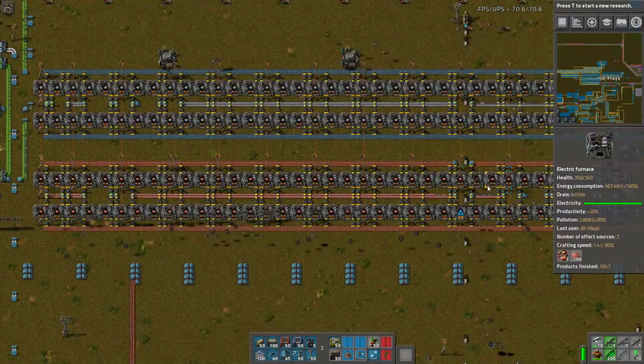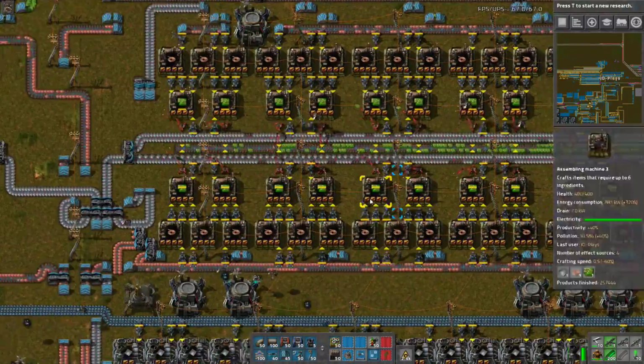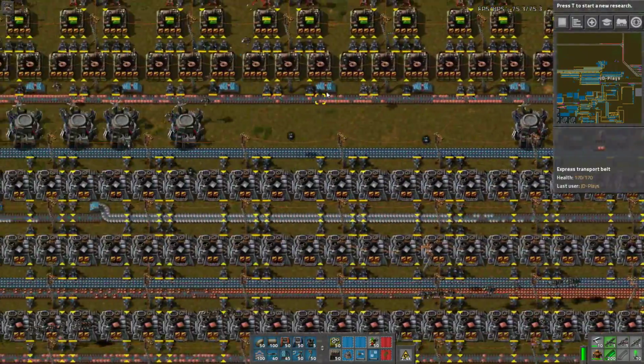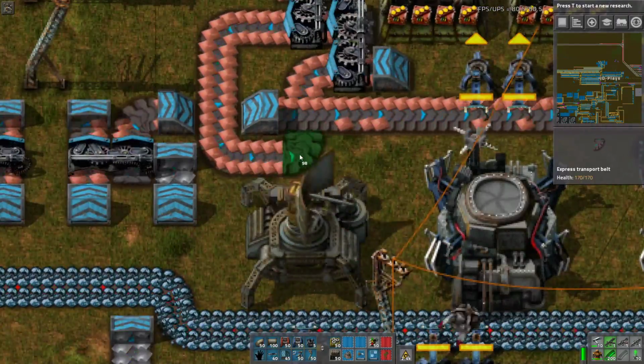So that's it. Dumped in another copper smelter. Just blueprinting in place. Not a lot of care if it works perfectly or not. And then we're running this belt over here, and then we're side loading. The reason we're side loading